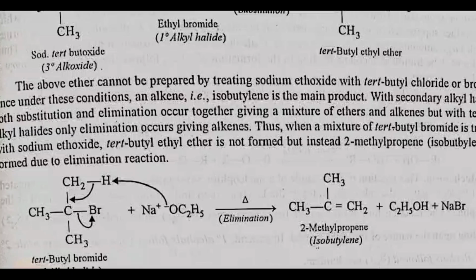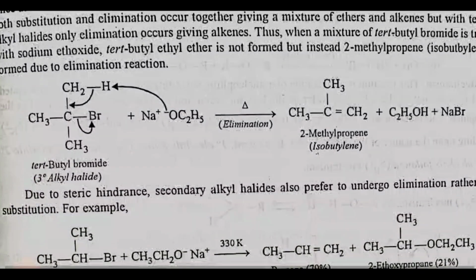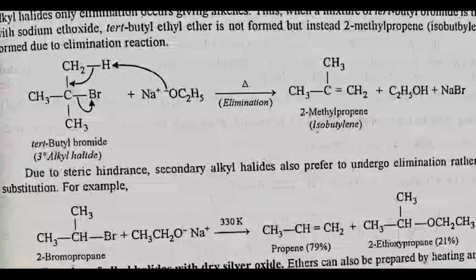With secondary alkyl halides, both substitution and elimination occur together, giving a mixture of ethers and alkenes. But with tertiary alkyl halides, only elimination occurs, giving alkenes. Thus, when tertiary butyl bromide is treated with sodium ethoxide, butyl ethyl ether is not formed, but instead 2-methylpropene is formed due to elimination reaction. Butyl bromide plus sodium ethoxide on heating gives 2-methylpropene plus